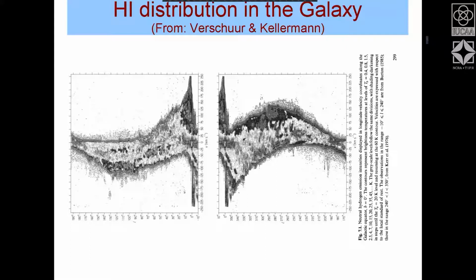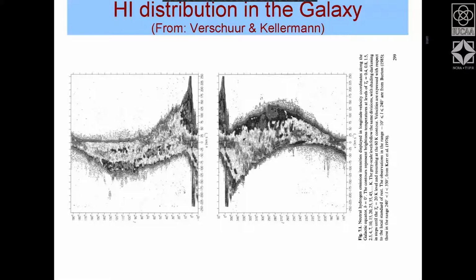You are going along the galactic plane and you are looking in that direction. You have different distances. H1 atomic hydrogen can have different velocities, and all of their components are superposed. So that's why there is a spread. Let's say it goes from almost minus 100 to almost plus 100 kilometers per second. But you can also see a systematic variation of hydrogen velocities as a function of L, or galactic longitude.